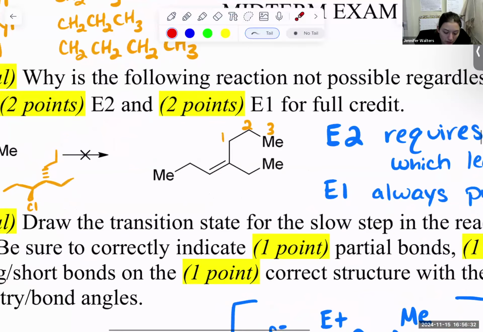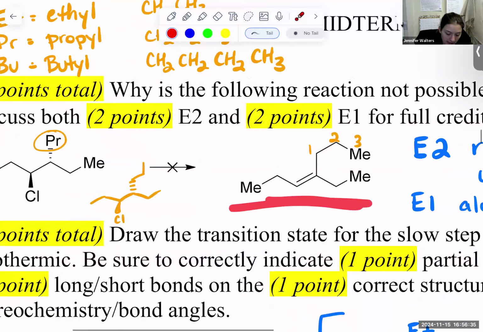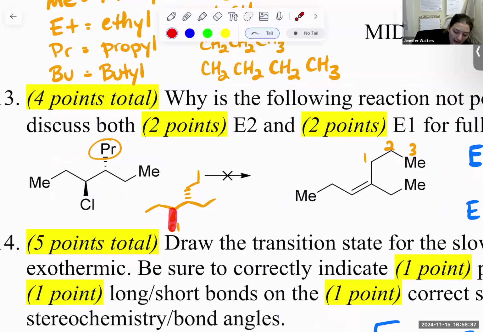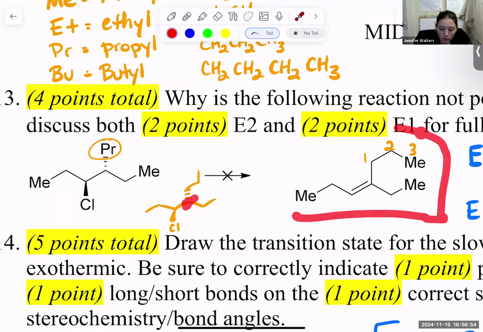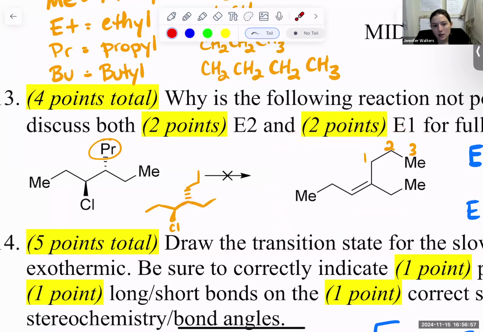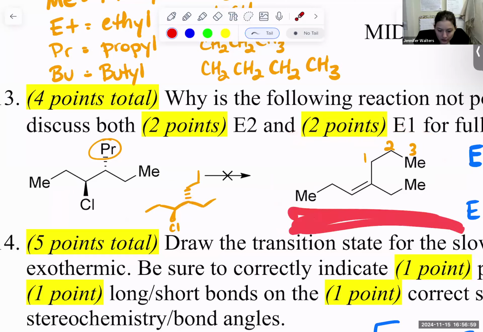So for E2, why I can't make this product is because the hydrogen is not antiperiplanar to that leaving group. So the identity of the base, although it does matter, you can't have a bulky base, you would need a non-bulky base, but I'm assuming you have the correct base when you're trying to get to this specific thing. So if you talked about the fact that a bulky base couldn't get in there to access this hydrogen, cool,